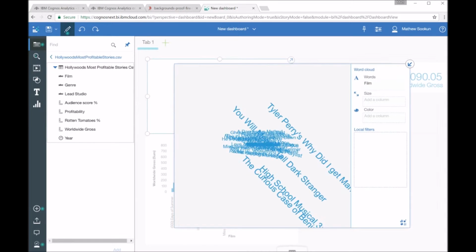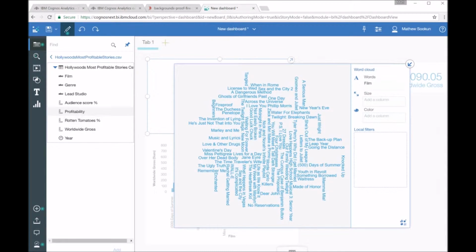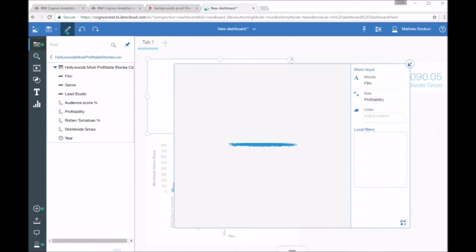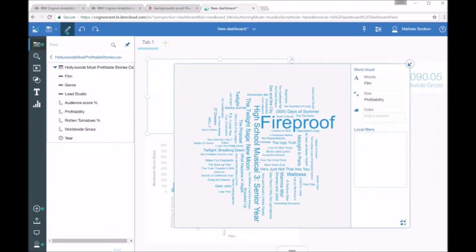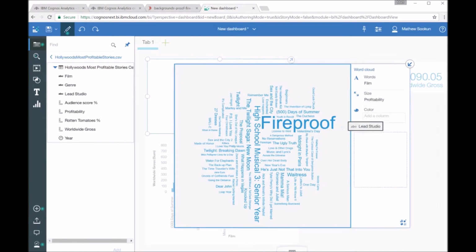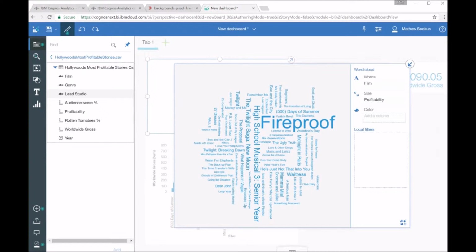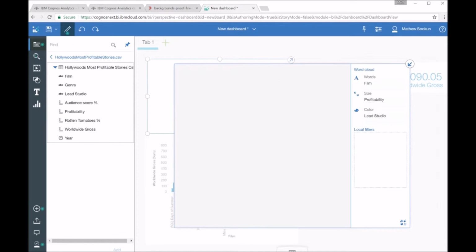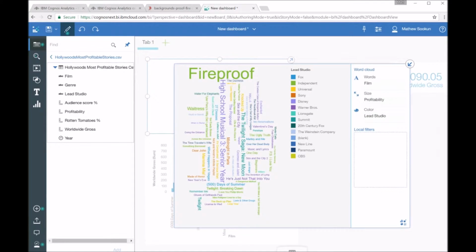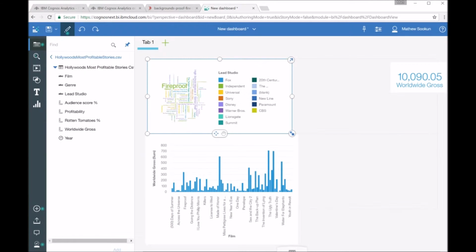So I'm going to take the film. I'm definitely interested in seeing the visualization by film. Profitability, and we've already looked at gross, so I'm going to pull this across. I'm having to battle with this a little bit, but I will eventually get there. So I'll get profitability in there. And what am I going to colour this by? So, let's colour by perhaps lead studio. So we'll drag that over. We'll fight that a little bit, but it eventually will take it. And there we go. We've got a nice word cloud there,